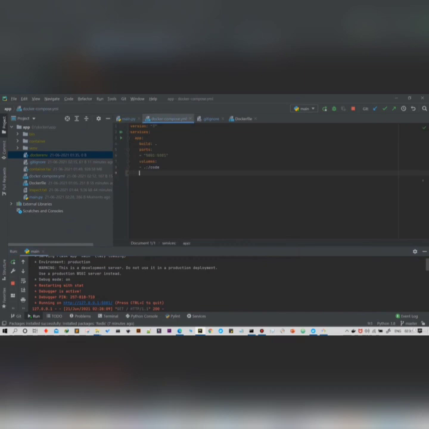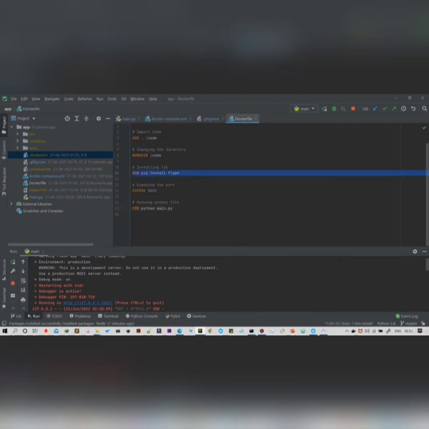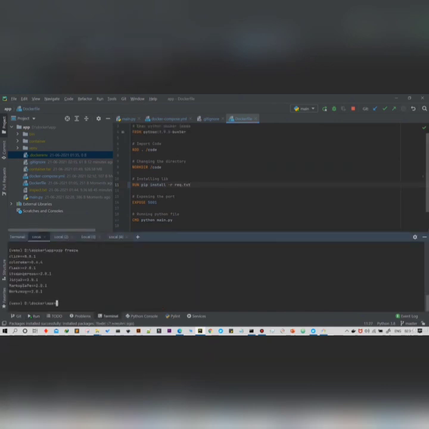Now this is our docker compose YAML file, and here I'm going to add Redis, and my application is totally dependent upon this Redis because the page count is the database which we require here. So there is a need to add Redis here, and the image I'm going to use is Redis as well. Here I'm going to make some changes, like now we are going to install all our libraries and dependencies with the help of the requirements.txt file, and we have added Redis here.